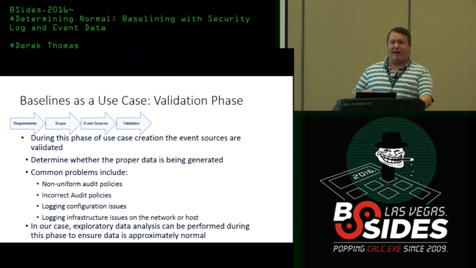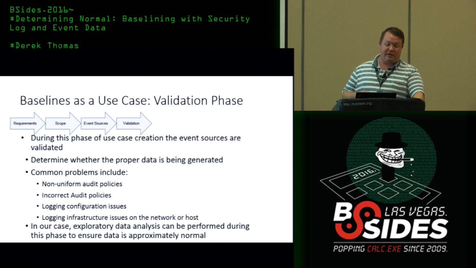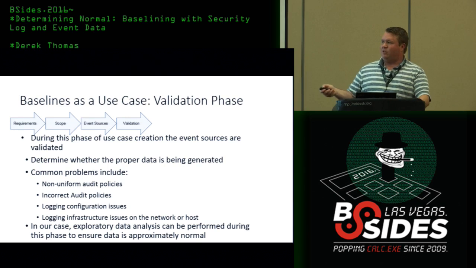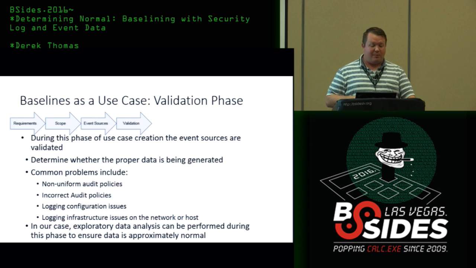Incorrect audit policies. So you may have the same audit policy across your environment. They're just not set to collect the information that you need. Configuration issues. So that might be agent installation, credentials that need to pull the logs, and then logging infrastructure. So if you send all your data through syslog, but the firewall blocks syslog, then you're obviously not going to get the data. Maybe you have syslog enabled everywhere except for your DMZ, and in that case, it's blocking the data. So that's something else to think about.